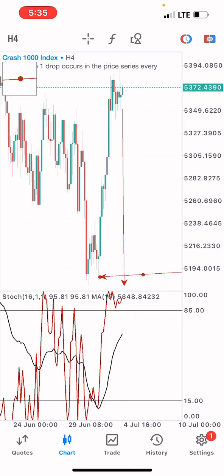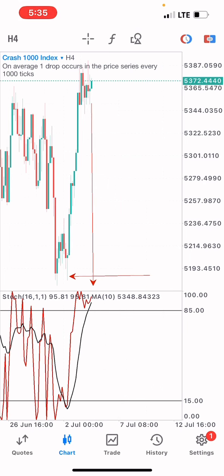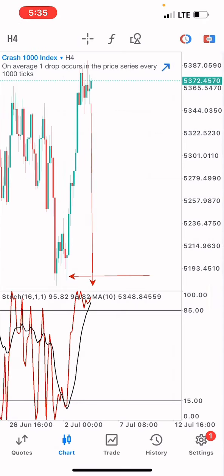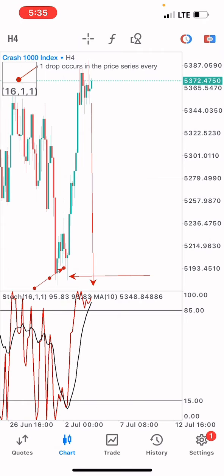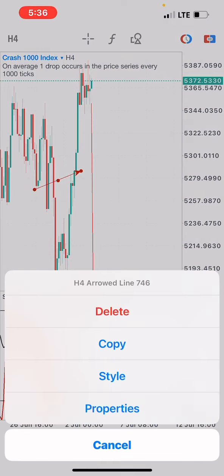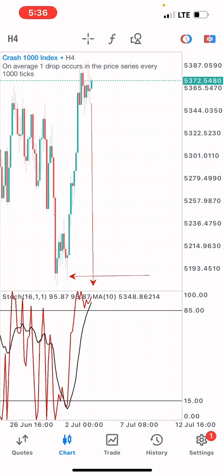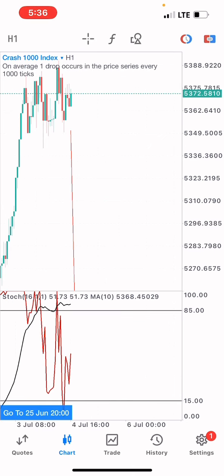We want to see price at that support, and then we want to see rejections and bullish movement like this. You can see this rejection, this bullish. See the shadows pushing to the upside, pushing price to the upside. You want to see that on the H4. The closing price is very important. You want to see the closing price, and then you want to switch to lower time frames and confirm that they